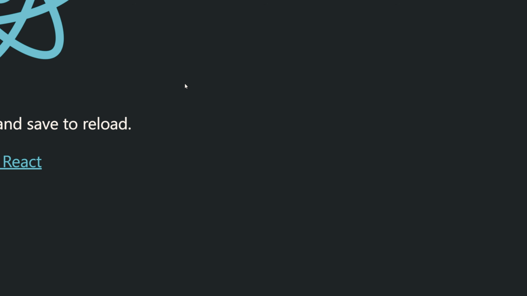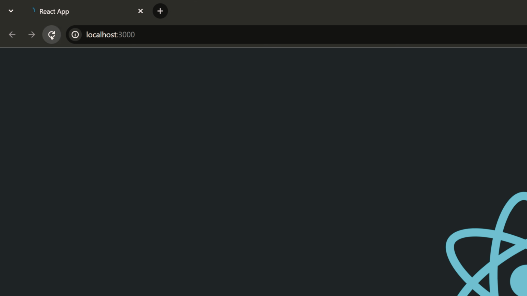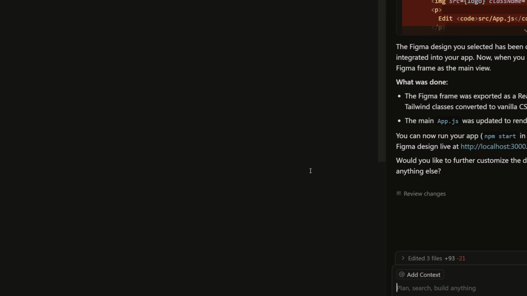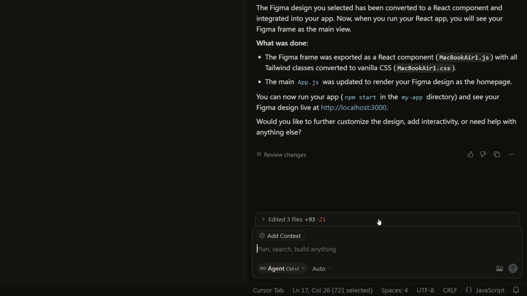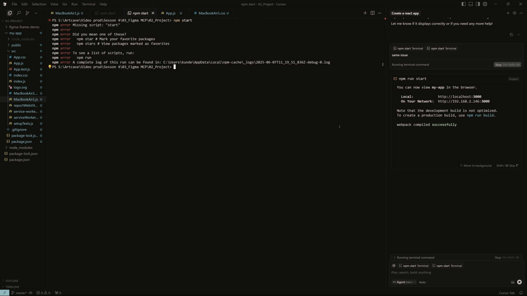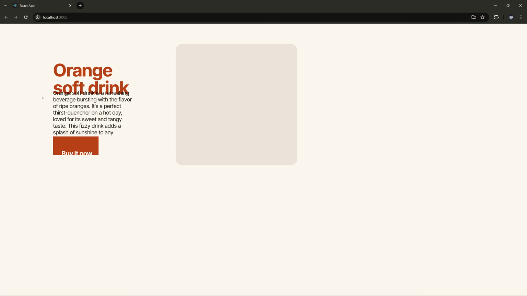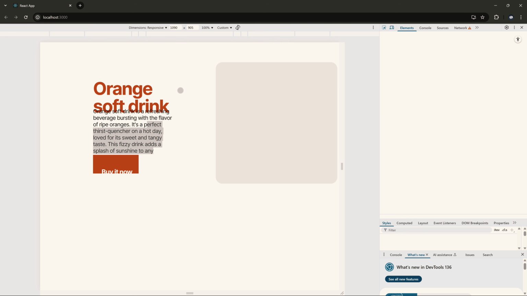And I'm going back to the browser. I don't see any change here. I refresh. Most probably we need to run the app again. I'm not sure if it works or not. Let's try. We faced a couple of problems in running our app, but now I asked the cursor to solve them, and it seems that we have it successfully. When I get back to the browser, here we go. We can see the design that we made in Figma now in our browser.